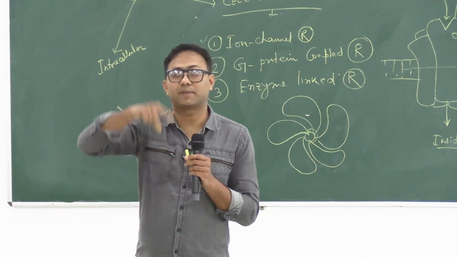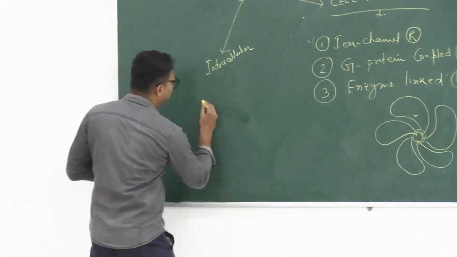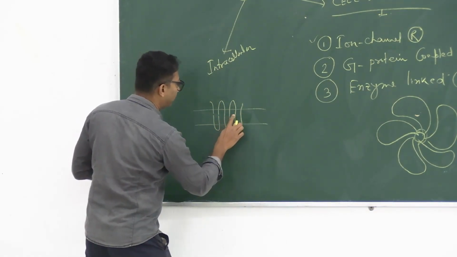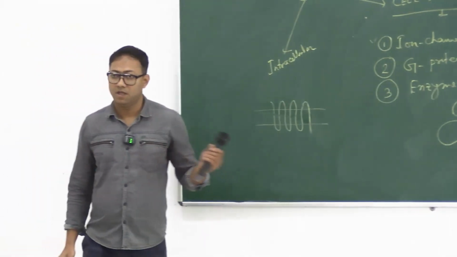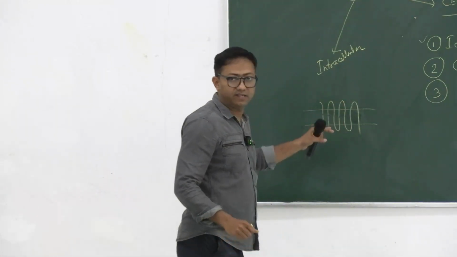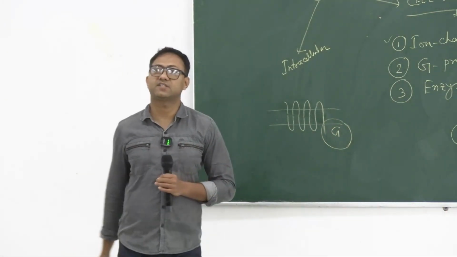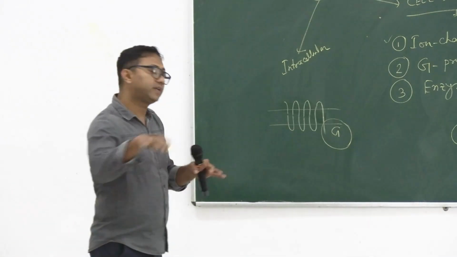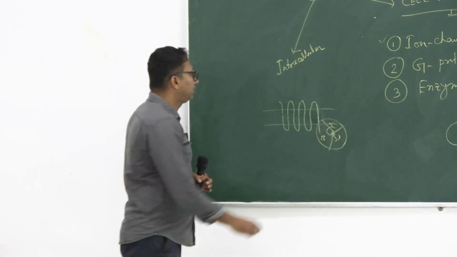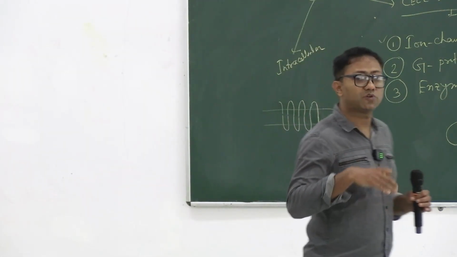G protein, how does it look like? It is a serpentine receptor, 7 times it crosses the membrane, the cell membrane, okay. If this is the cell membrane, it crosses the membrane 7 times, 1 2 3 4 5 6 and 7, ठीक है। This is the G protein coupled receptor, this is the receptor, और ये अकेला नहीं रहता है, इसको एक गर्लफ्रेंड चाहिए, ठीक है। तो ये G प्रोटीन के साथ रहता है, it is associated with G protein, okay. Now G प्रोटीन का 3 सब यूनिट होता है, all of you know, alpha, beta, gamma, okay. Now this is the structure of G protein coupled receptor.